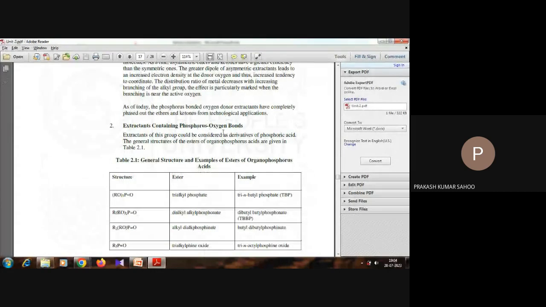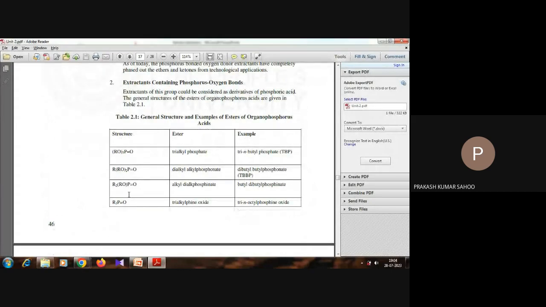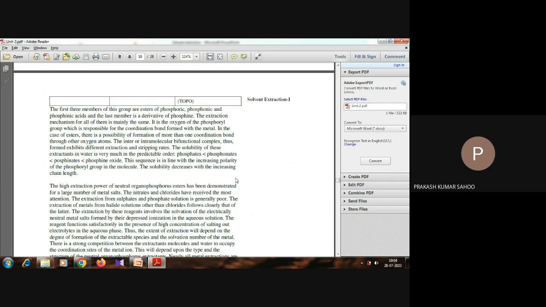Extractants containing a phosphorus-oxygen bond: these are the structures of the phosphorus-oxygen bond, and these esters are used as extractants. This is the extractant, RO3P double bond O, for example trialkyl phosphate. Then we have tri-n-butyl phosphate, and so on. Then we have